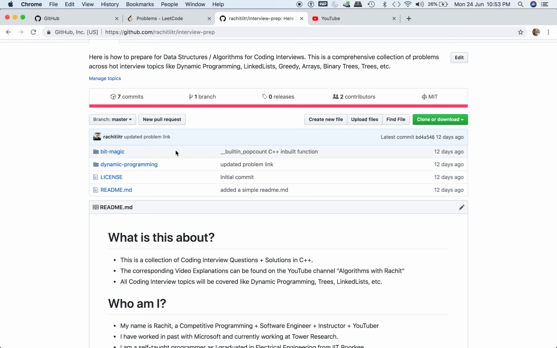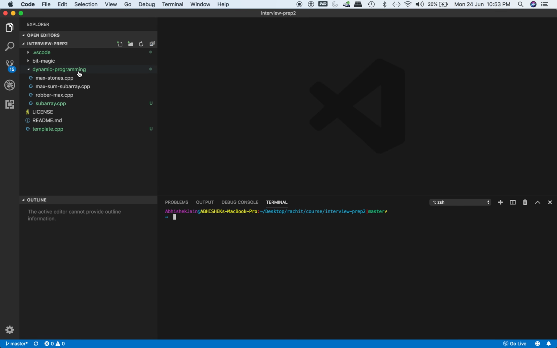In the previous video, I basically discussed two problems on dynamic programming from LeetCode, and you can see over here that we actually have 4 problems, and I think 1 problem over here. So it looks like we have solved 5 problems, but the thing that I want to convey is that I did